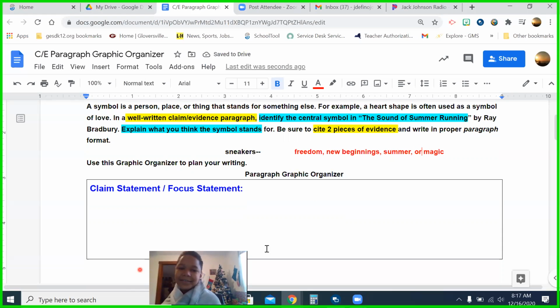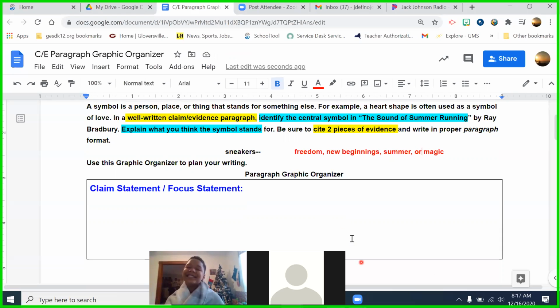anybody out in Zoom land have any other ideas? Chime in now. I have a question. You have a question. Who's talking to me? What, Maddie? Maddie, go ahead. I have, what are we on right now? Because we are just working on The Sound of Summer Running, Maddie. I know you got here late. In Stream, underneath the bulletin board and the Zoom meeting link, there is an SSR claim evidence graphic organizer. That's what we're on. And then you also need the text stuff.